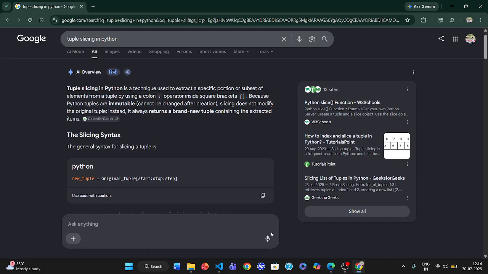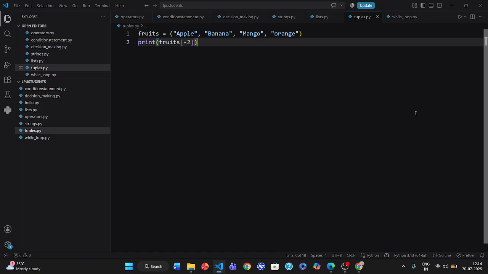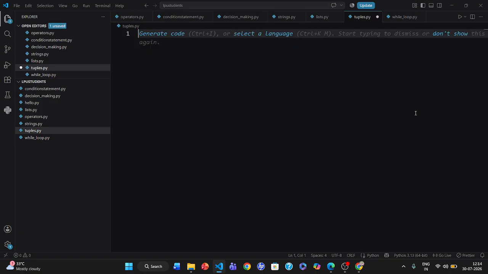Now let's learn tuple slicing. Indexing is used to access one item. Slicing is used to access multiple items as a part of a tuple. The syntax is: